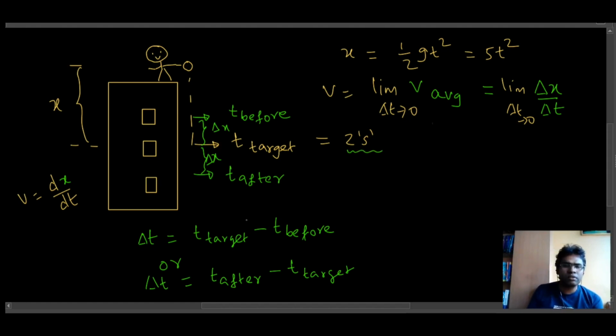So now these calculations are a little hard. So what I will do is I will just show you calculations which are already done in an Excel sheet. By looking at those numbers, we'll get a fair idea of what will be the velocity of the stone at t equal to 2 seconds.